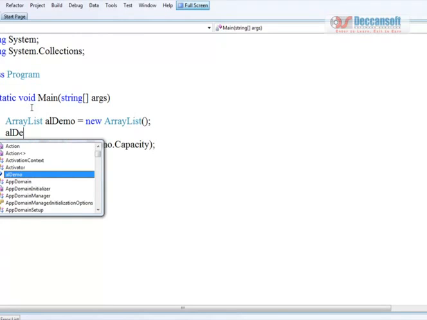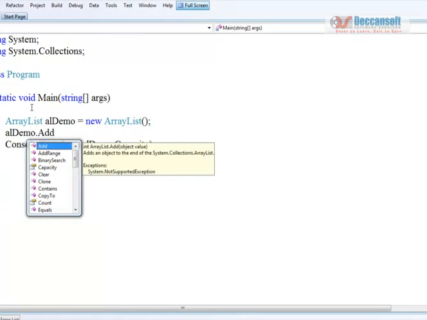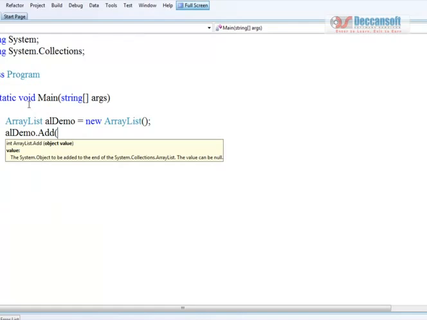Now into the ArrayList, let us add some items. Something important to note here is the value which we can add to the ArrayList is of type object. What does it mean? Because the data type here is object, we are